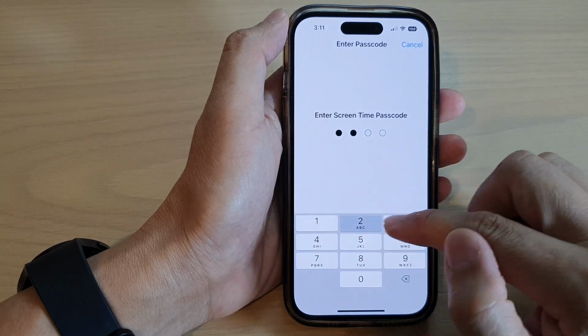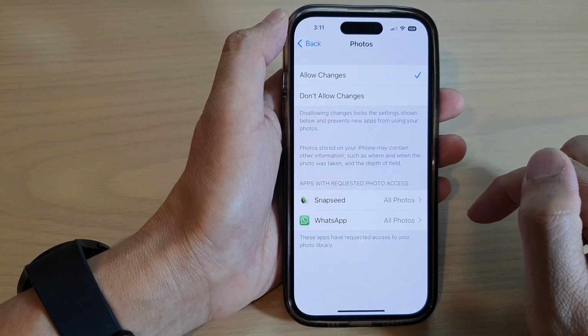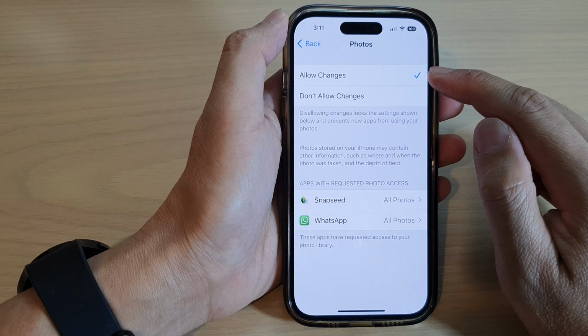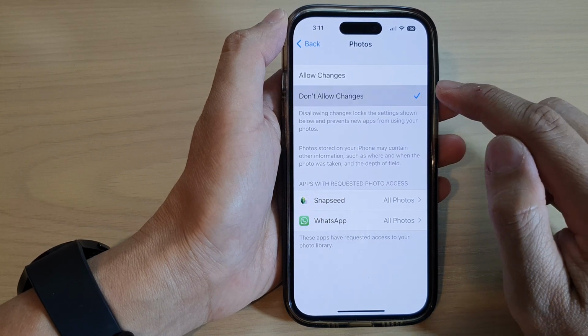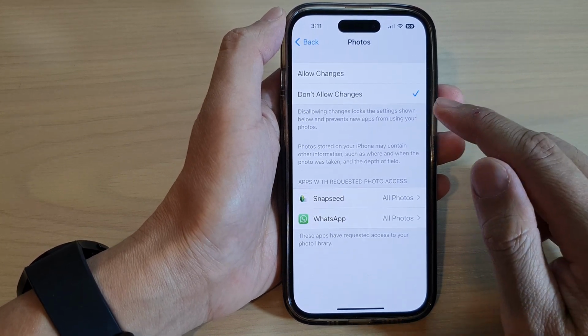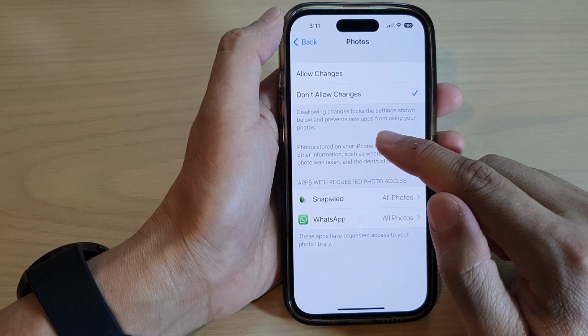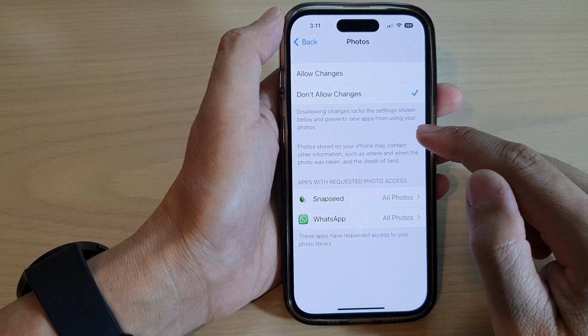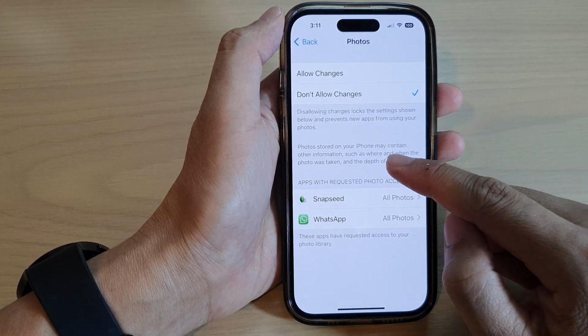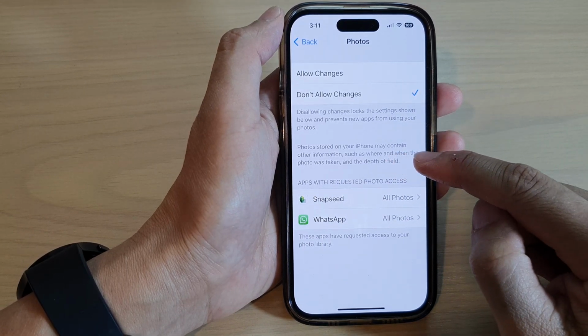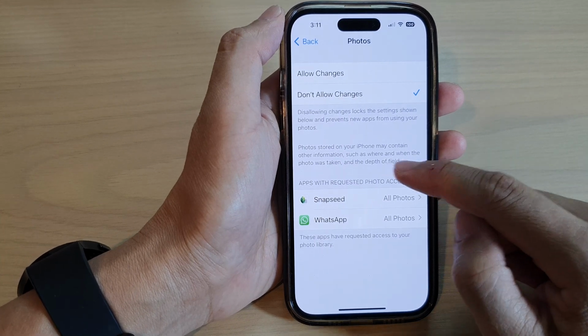Now enter in the screen time passcode. And in here, select either allow changes or don't allow changes. In here, it says that disallowing changes locks the settings shown below to prevent any new apps from using your photos. Photos stored on your iPhone may contain other information such as where and when the photo was taken and